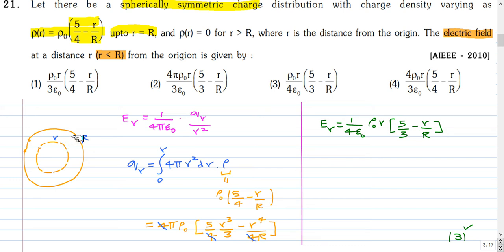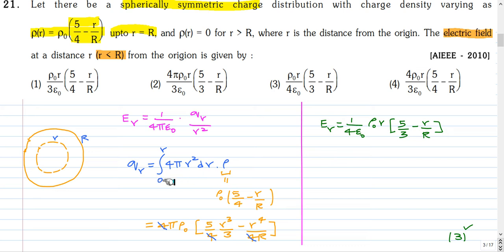So all these shells here will not contribute to the electric field here, and for the shells which are inside, it's as if the full charge of the shell is concentrated at the center point. So we can consider the center as a point charge and use that to find the electric field here, and this expression is using that idea. We have to find the charge inside this sphere of radius r. For that we can take a shell of radius r, and the volume of the shell will be 4 pi r square into dr, and the charge is rho times that.